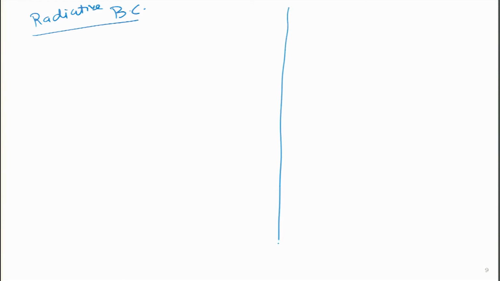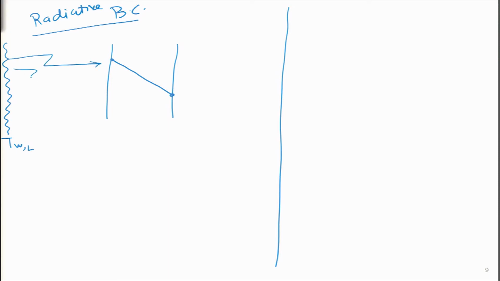So, what do you mean by radiative boundary condition? I will take the same wall over here. I am going to assume steady state conduction is taking place, but instead of having hot air on the left side, I am going to assume that there is some wall over here at far distance, which is at some wall temperature TWL, L for the left, and this is at such a high temperature, it is actually participating radiatively. It is giving out these radiations, which is actually heating the left side of my wall.